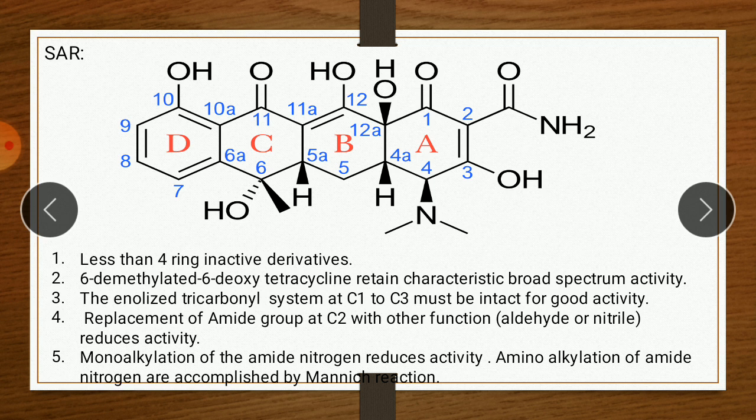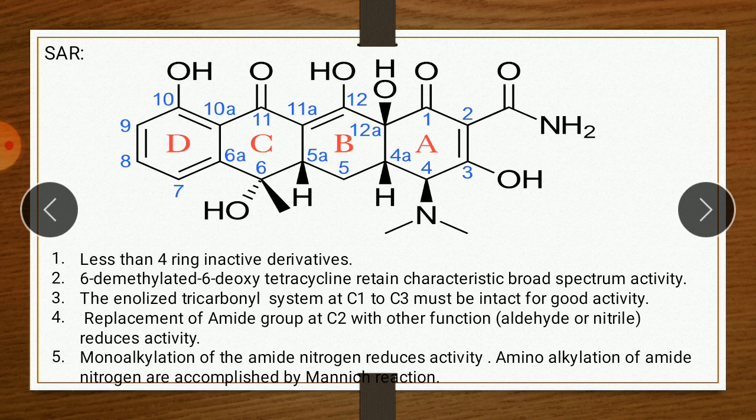Similarly, if we remove both the methyl group as well as the hydroxyl group from carbon 6, then the compound is called 6-methylated 6-deoxy tetracycline, and this compound also shows activity. Next, the fourth point: replacement of the amide group at carbon 2 with another function, maybe aldehyde or nitrile, reduces